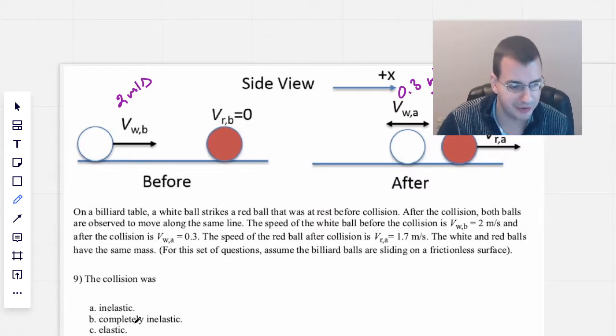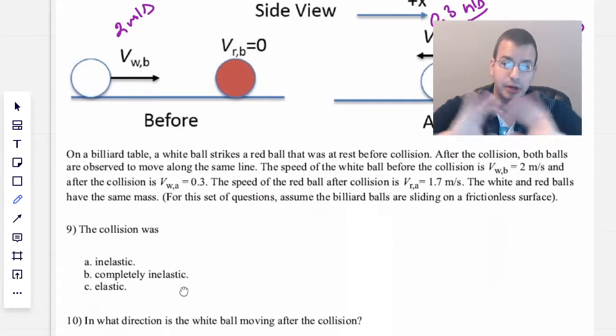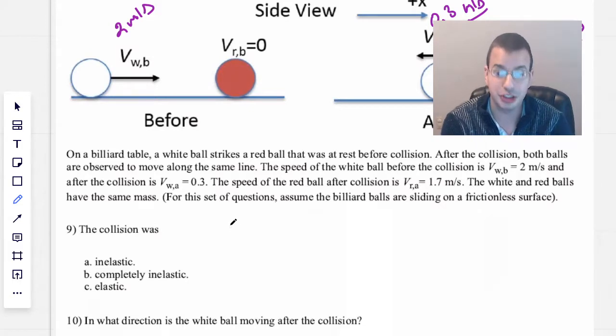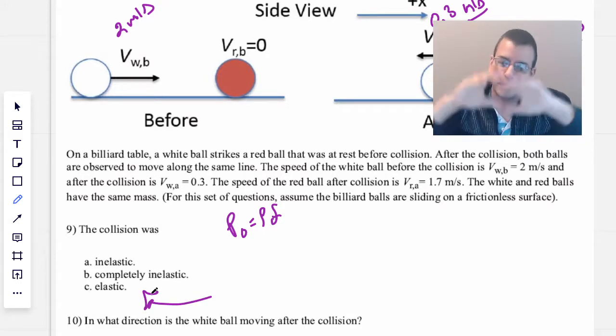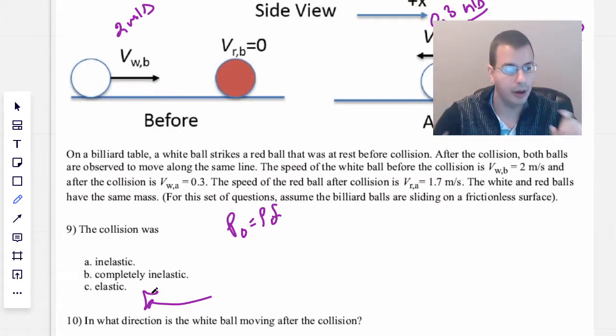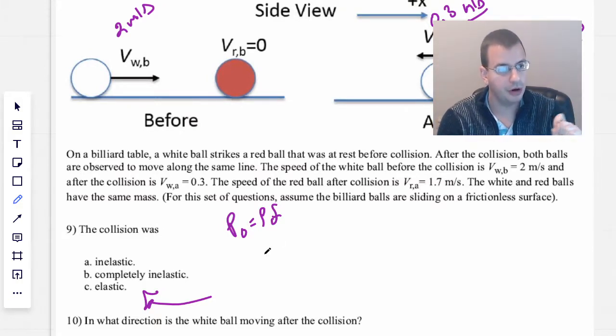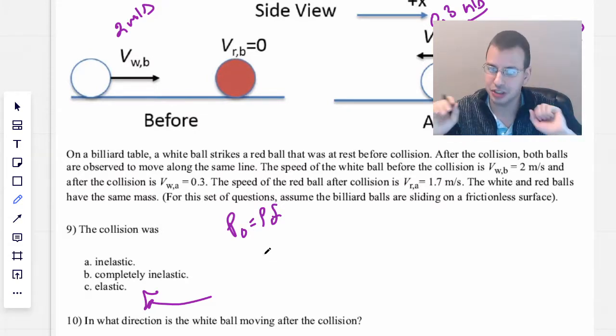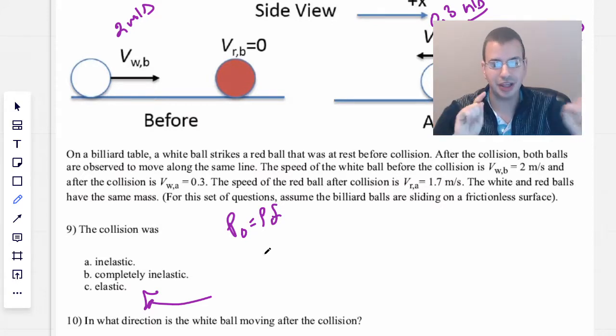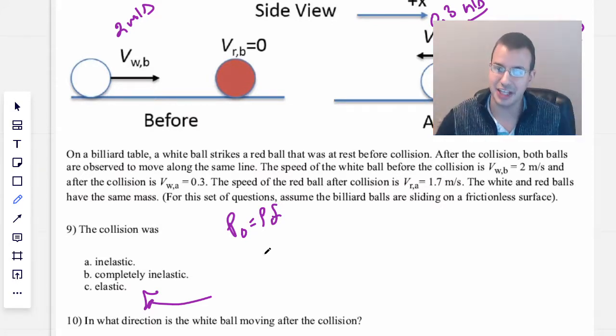So this is a question of definitions. Momentum is always conserved. So P initial equals P final. Now kinetic energy, for the balls, energy is always conserved, yes, I know. But for the balls, in this case, sometimes kinetic energy is lost to some internal friction or sound or radiation or something else is produced so that the two balls don't have the same kinetic energy. That's an elastic